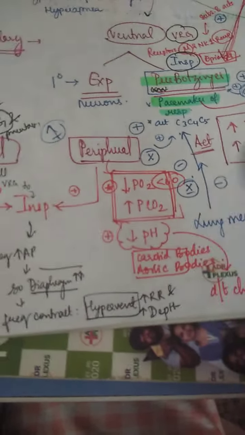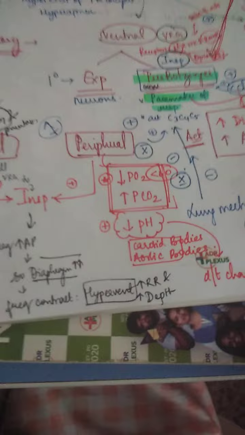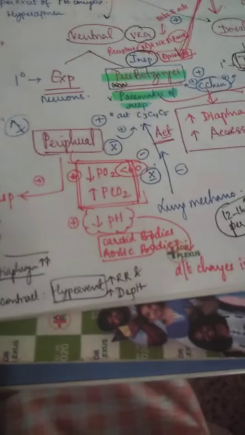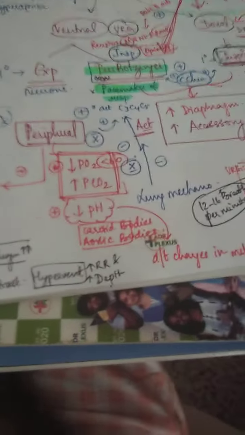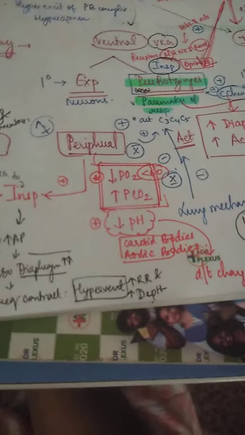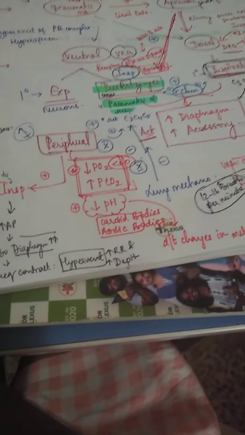But here, the pH is not activated by the protons that come from the carbonic acid. It activates only the protons that arise due to changes in metabolism. That is, when you have more lactic acid, or when you have more ketone bodies, that is what is going to activate the pH response in case of peripheral receptors. Now once all these things are activated, what happens is